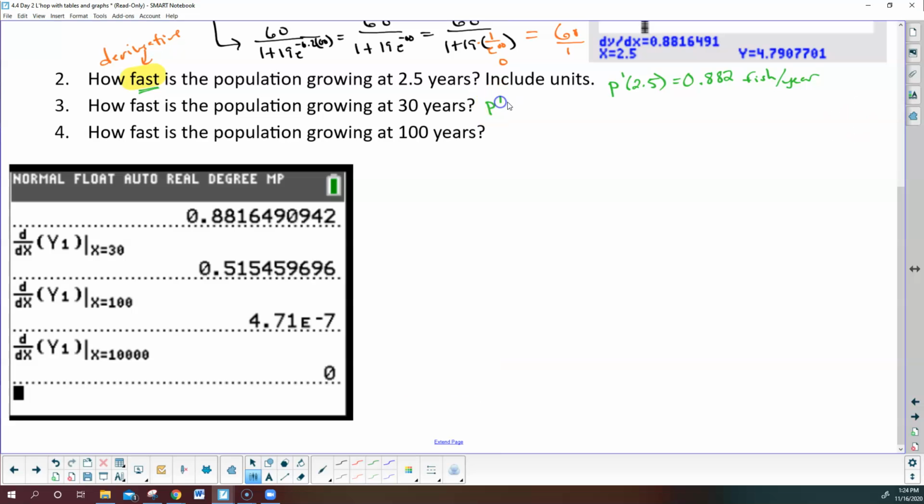All right, I found the rate at 30 years was right here. All right, we're going to round to the nearest third decimal, which means we're growing by 0.515 fish per year. And then I had 100 years, which was this part right here. If I move this 7 spots, this decimal spot, I'm going to have 6 zeros here. That's so close to 0 that,